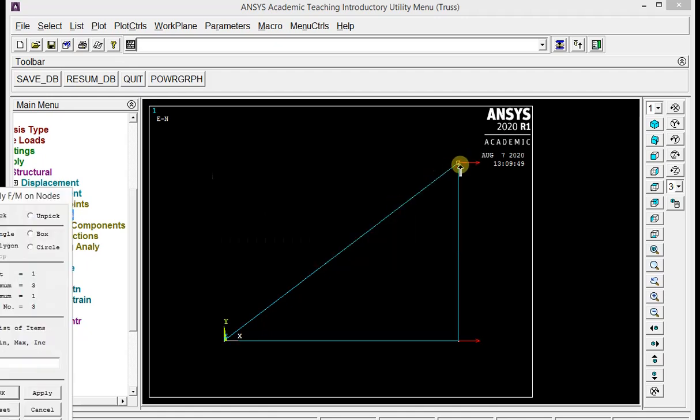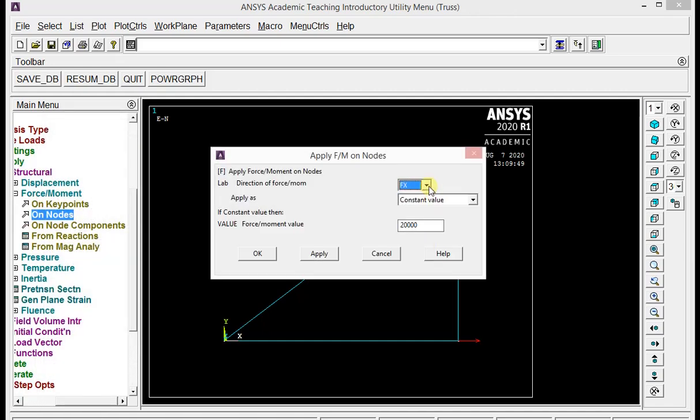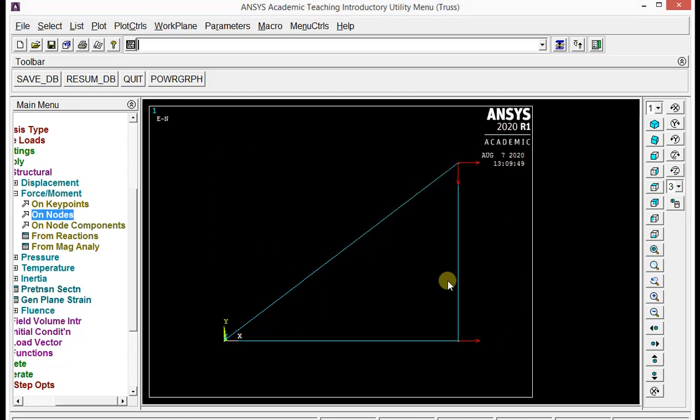Again pick node number 3 because there is another force in Y direction. Now click on OK. The force is in Y direction, so select Fy and apply the force as minus 10,000 Newton. So the force is in downward direction, so don't forget to apply the minus sign. So the value is 10,000 Newton. Now click on OK. So as you can see here, the forces and all the boundary conditions are applied.